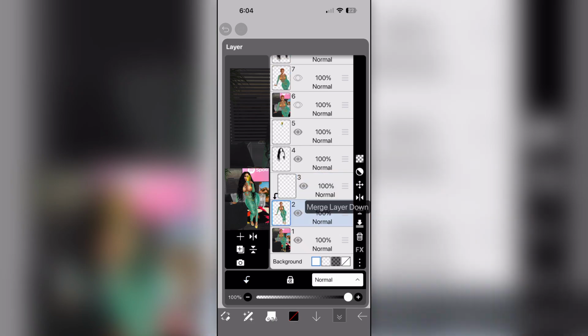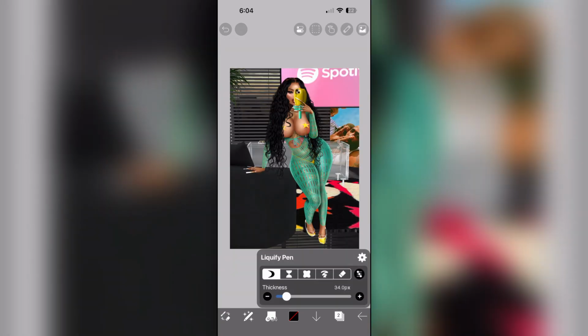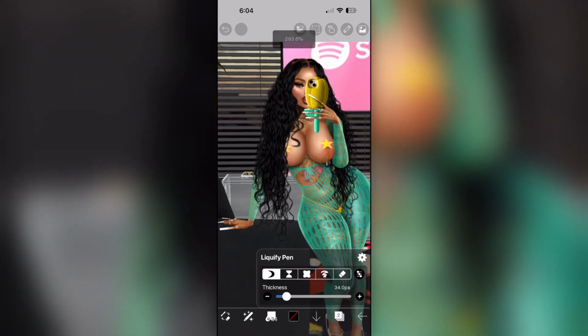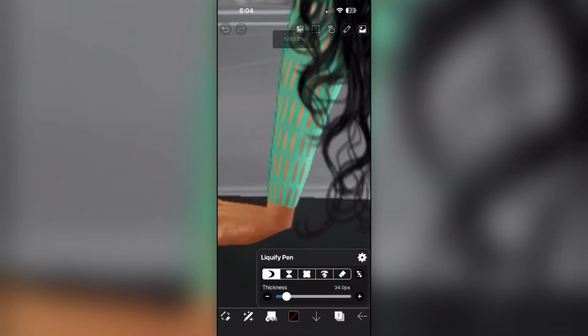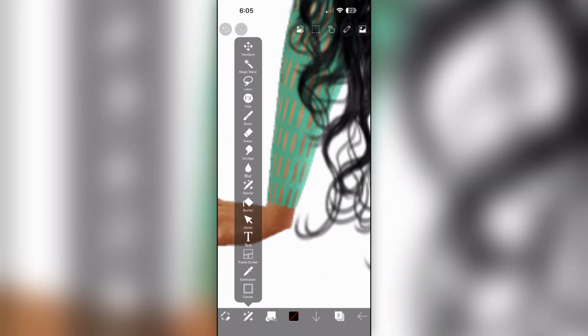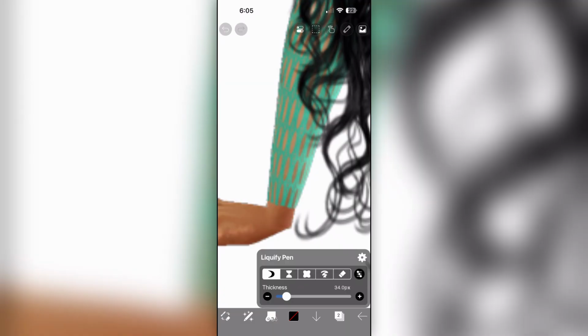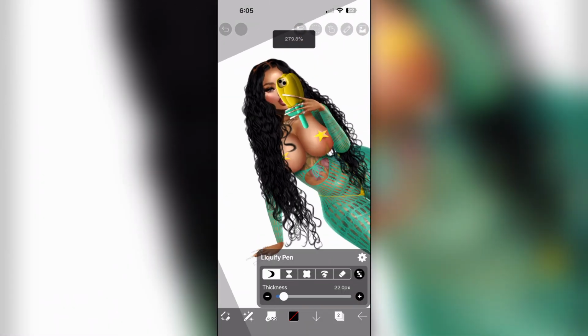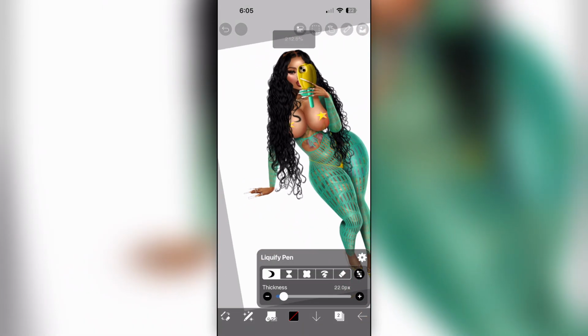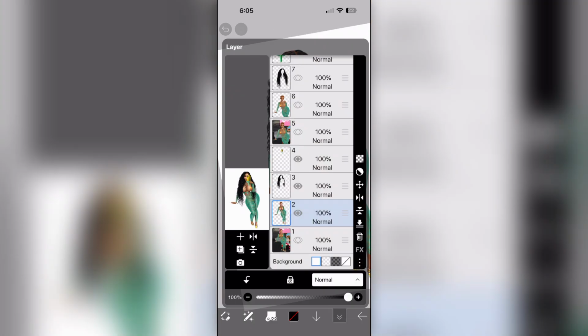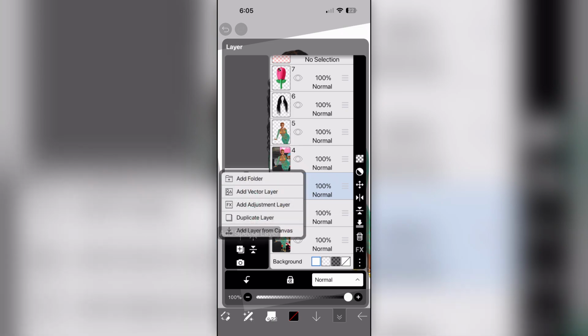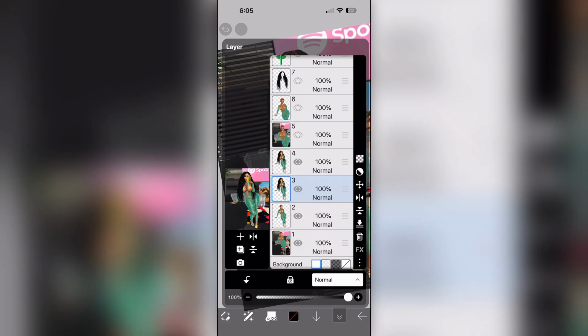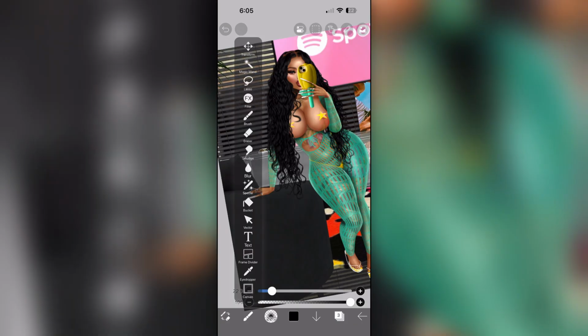The shadow was so, I don't want to say difficult, but it was kind of giving me a lot of trouble this time, and I don't know what was going on. IBIS Paint has done a weird update. Everything looks so different. Well, not necessarily fully different, but a lot more different, and I don't like it. But yeah, I just went ahead and did the shadow, and I always turn the brightness all the